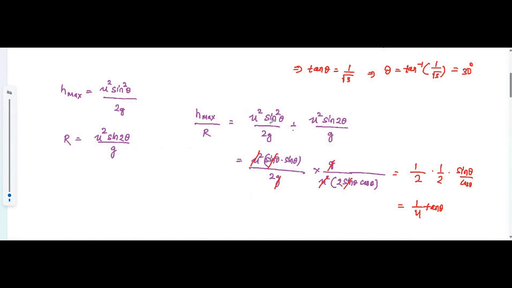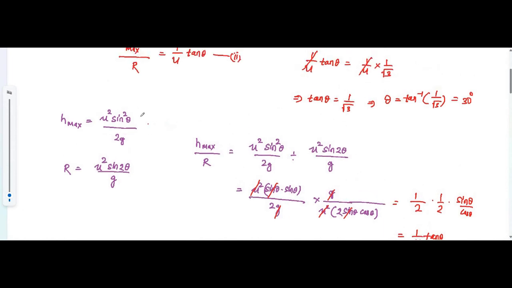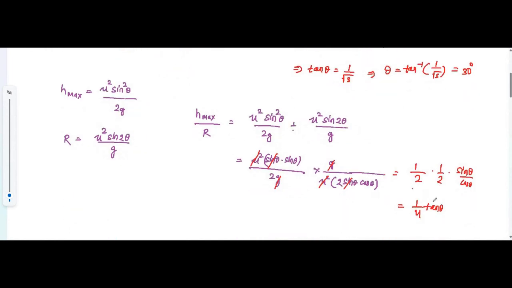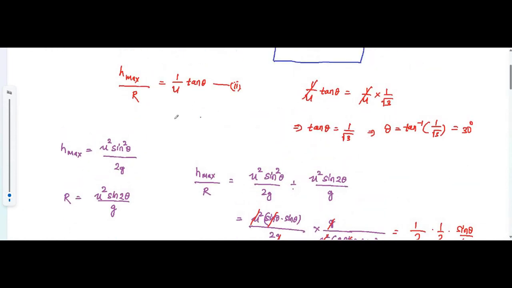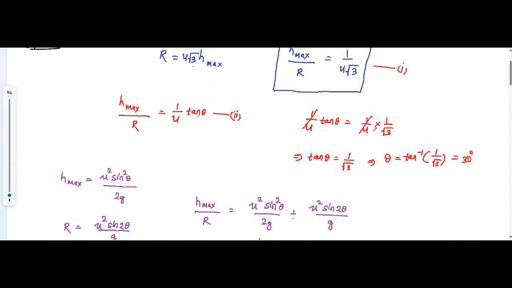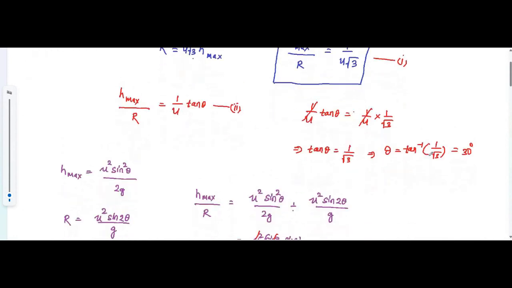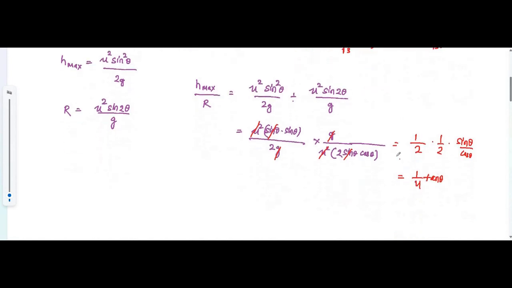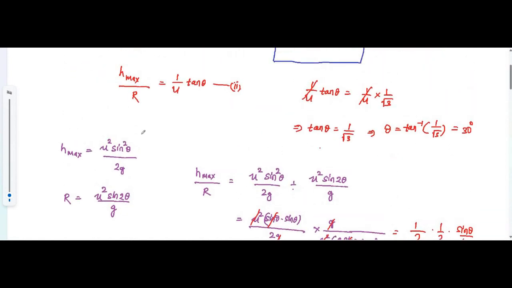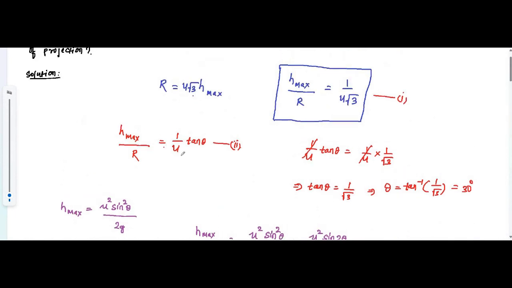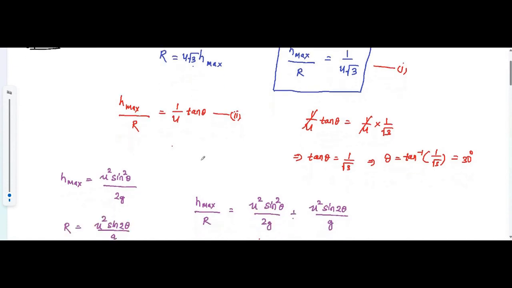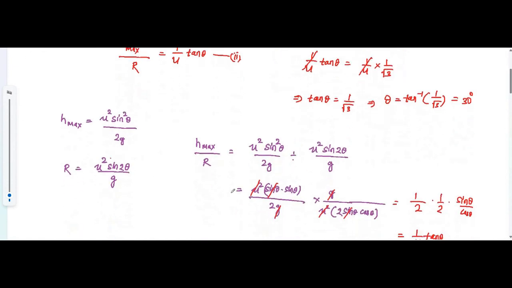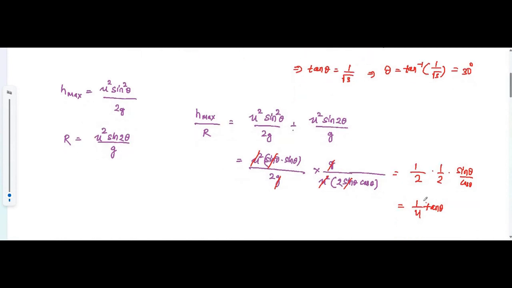So it will be a bit lengthy, but if you are not able to recall this relationship, you can go with the individual form. Now the remaining steps, they are the same. 1 by 4 tan theta is equal to 1 by 4 root 3, tan theta is equal to this much, and you will get the result. So if you are able to remember the formula, this relationship, it's great. If you are not, still you have this approach with you, a bit time taking, but you will arrive at the same result. Okay,